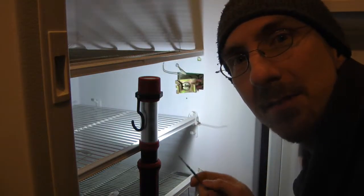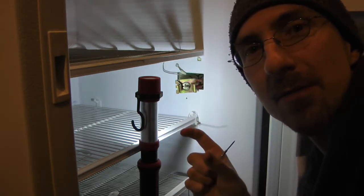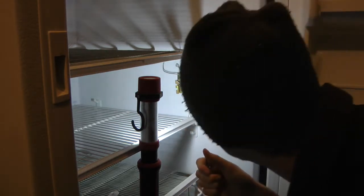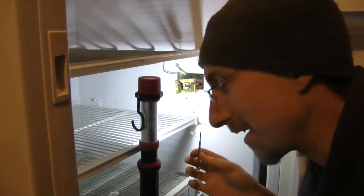Now some of these thermostats will have two set screws, like a kick on and a kick off point. This one only seems to have one that I've been able to find, so that's something to keep in mind. So if you see two screws, you've got to figure out which one is which. Start and stop. So anyway,